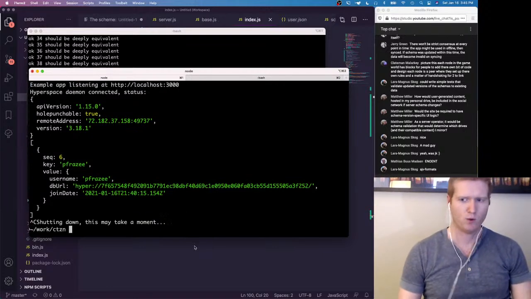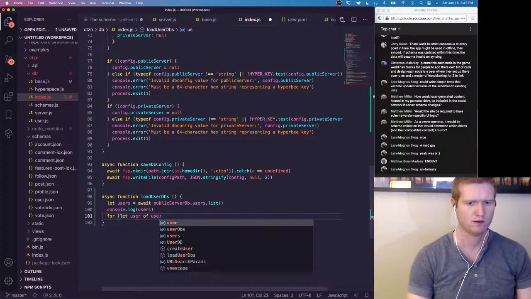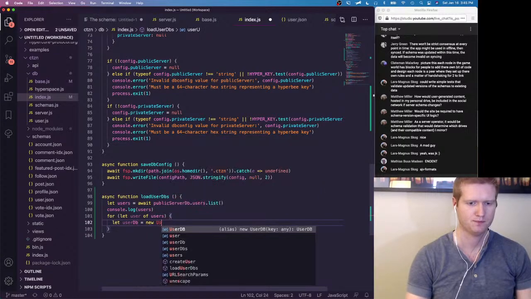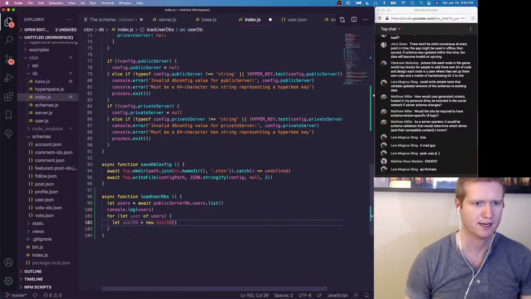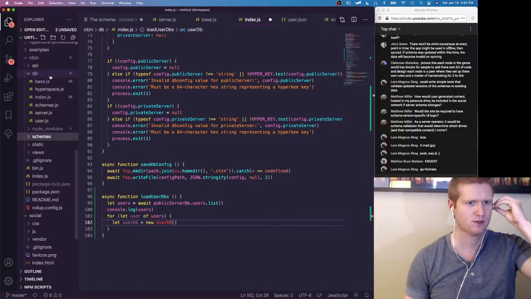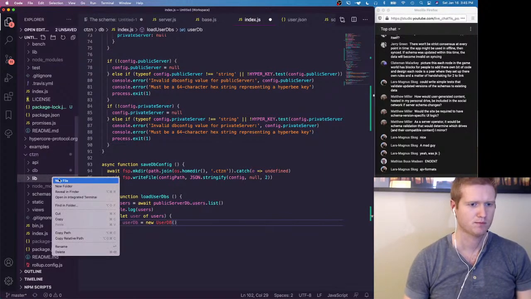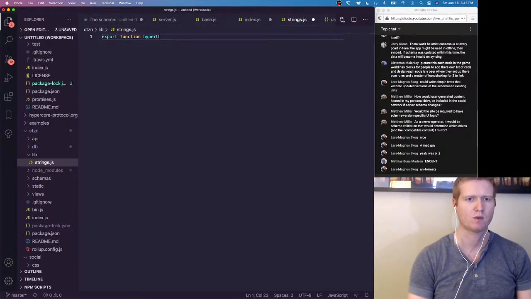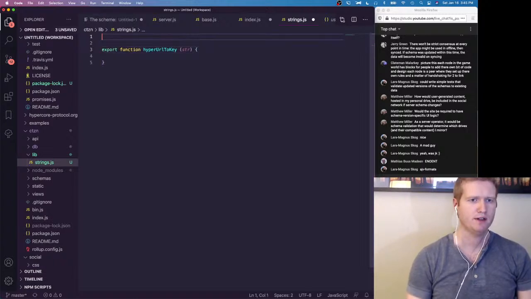Good deal. So now we will iterate through them. And we're going to need to extract the key. So let's go ahead and create a lib directory here. We're going to define